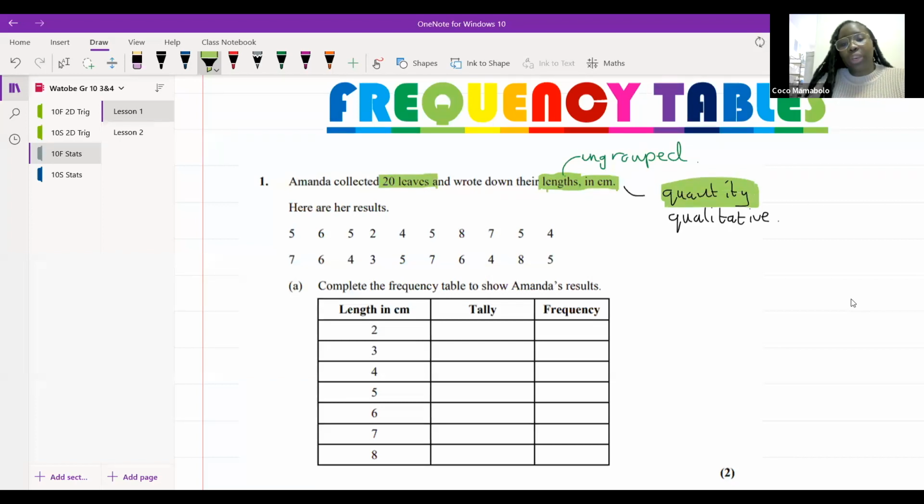Okay, so when we're looking over here, we are looking at ungrouped quantitative data. Does that make sense? Is it clicking? It's piecing together. Yeah, it's clicking. Okay. I have another example coming up. Maybe it will click a little more when we get to the next one. Okay. Sure. All right. Good.